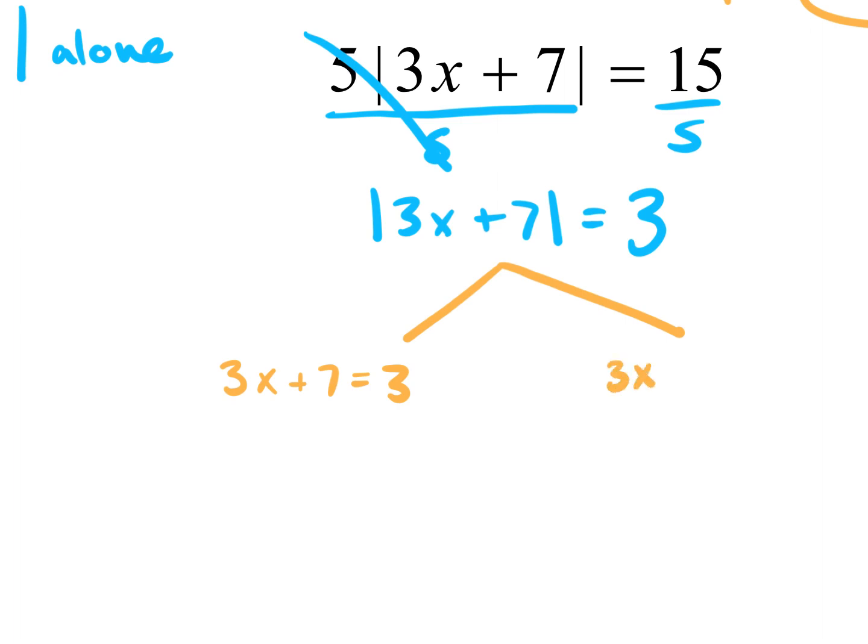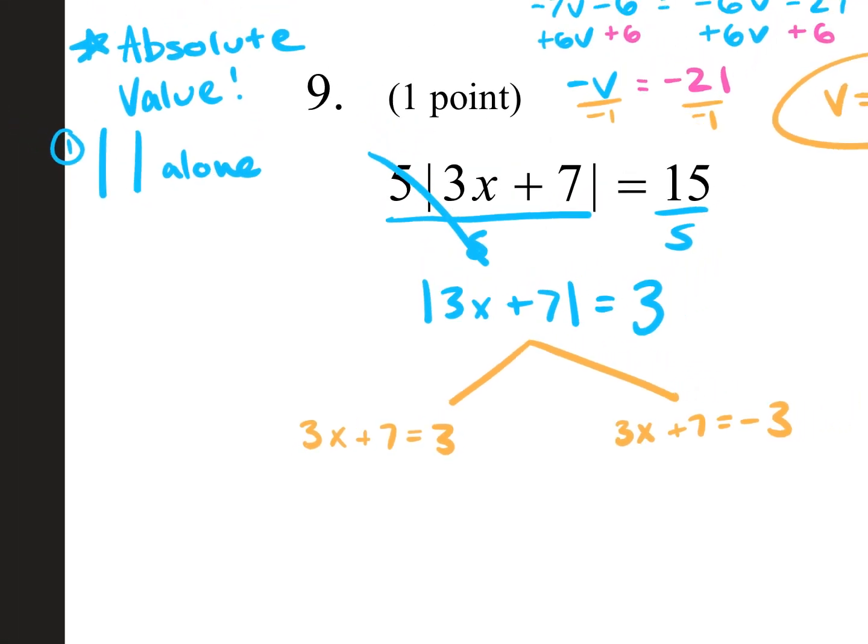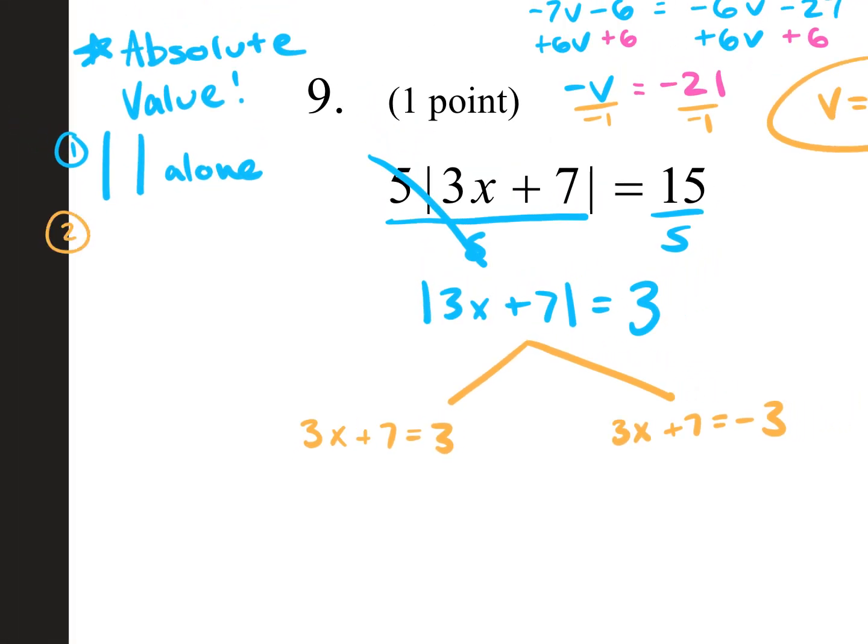But I also have to say that 3x plus 7 is equal to negative 3. So step 2, when solving absolute value questions, is to split it up. So we split it into 2 separate equations. And then step 3 would be